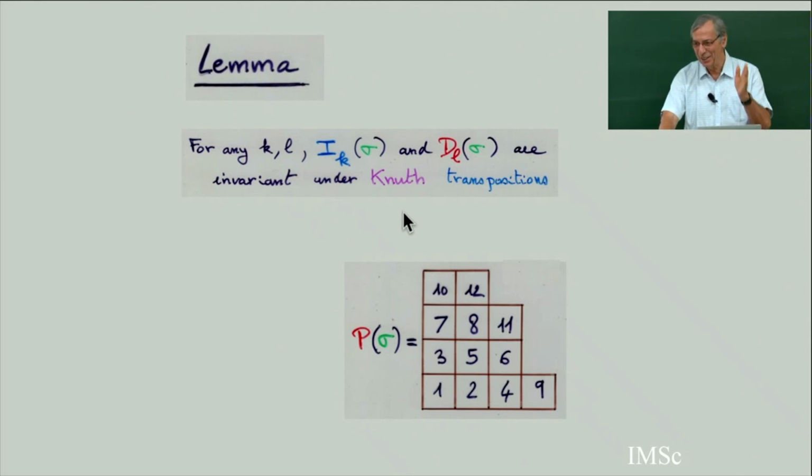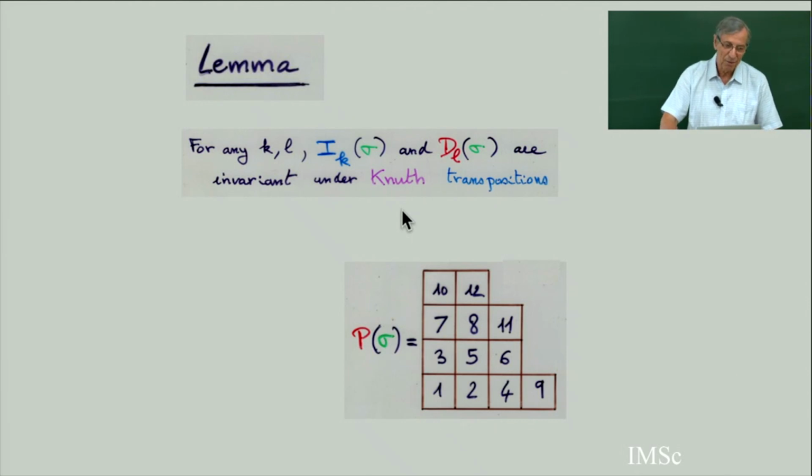So this is a technical proof, one page. You have to check that when you do a Knuth transposition, the maximum cardinality of a union of k chains is not going to change. But we know from the previous time that by Knuth transposition, the permutation will be Knuth equivalent to the reading word of the P symbol. And then on the reading word of the P symbol, it's very easy to check the Greene property.